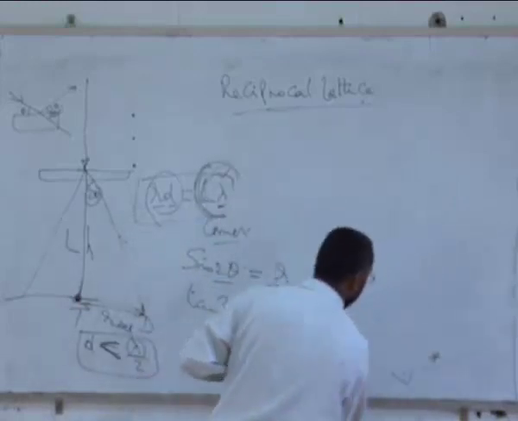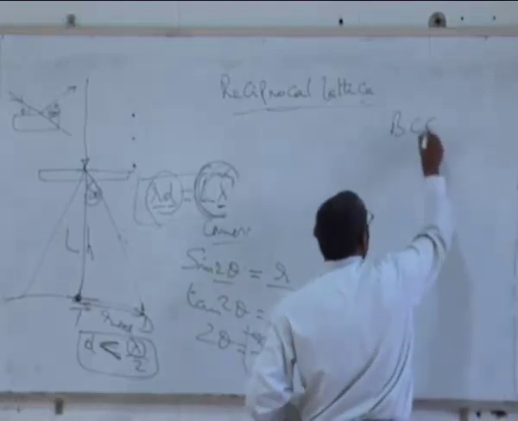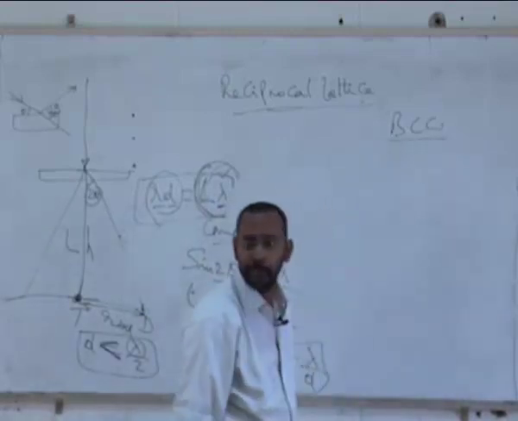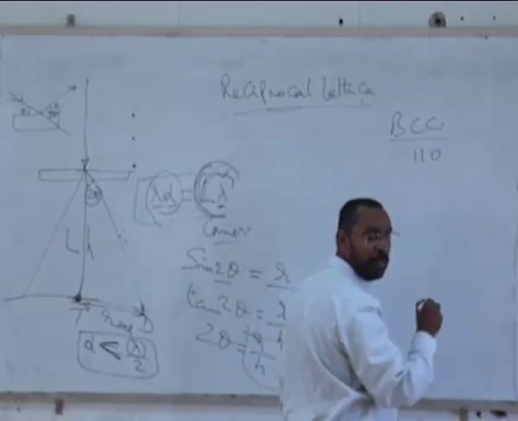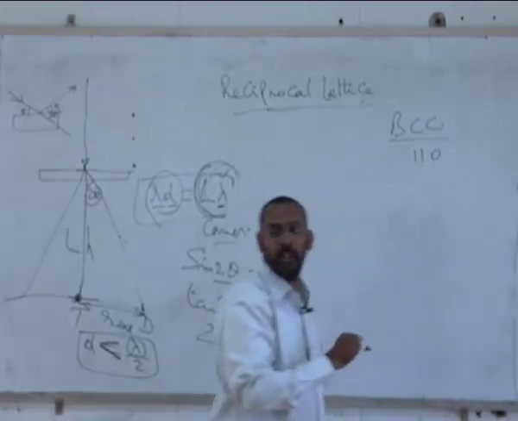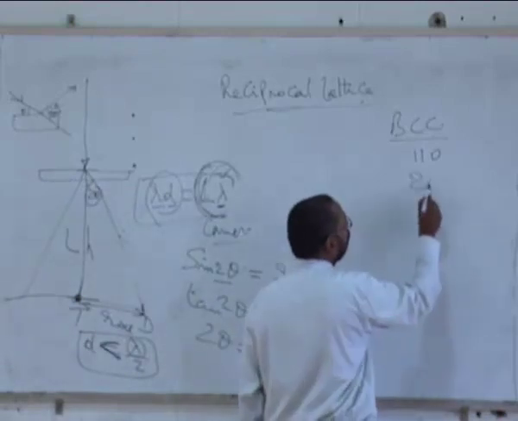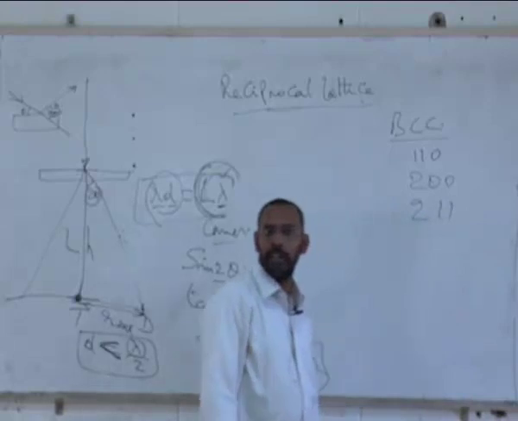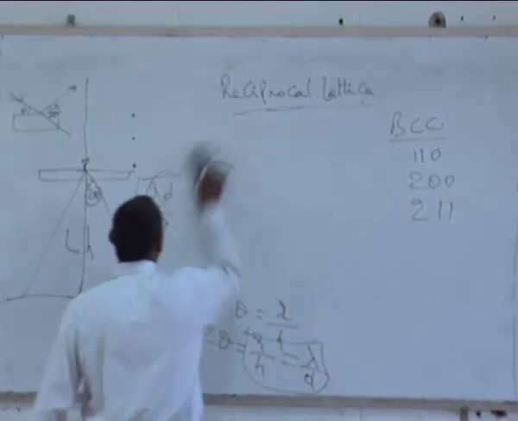For example, if you take a BCC structure, what are the planes that give you diffraction? Can somebody tell me? 110, correct? And what is the next one? You have not gone through X-ray diffraction yet. The next one is 200. The next one is 211. Right? So now if I take a diffraction pattern,